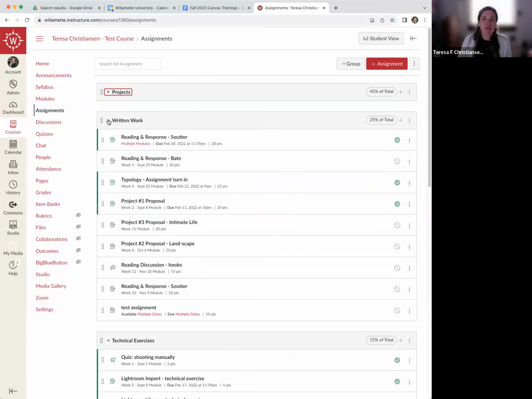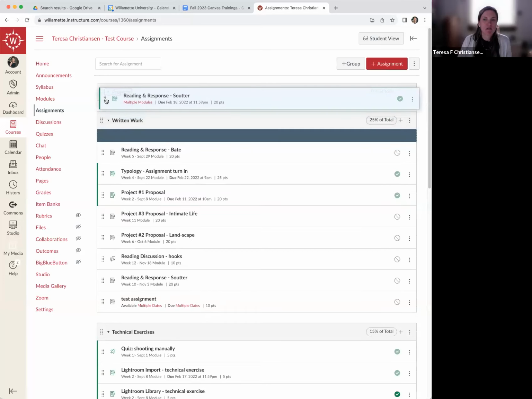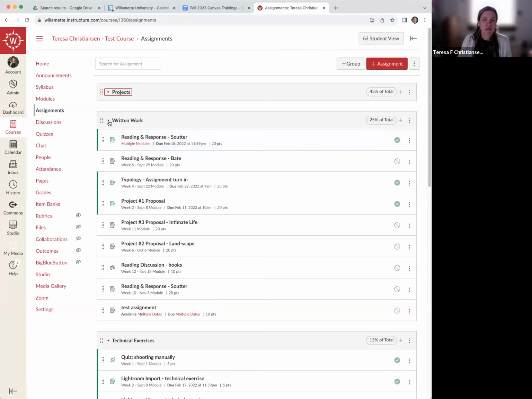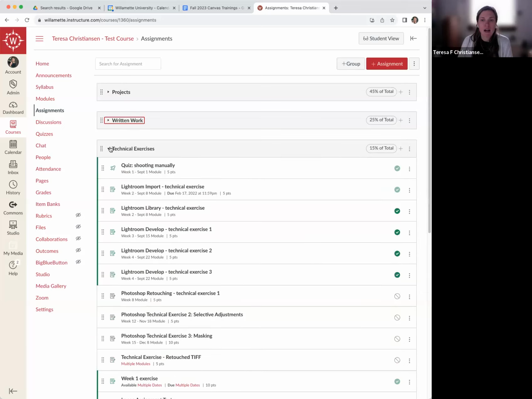I have already made groups. You can then drag assignments around from one group to another, sort them all out. So it depends how you work. If you already have a lot of assignments, but you don't have groups yet, you can make the groups later, or you can make them first and then add the assignments to them. It doesn't matter what order you do it in. But I have five